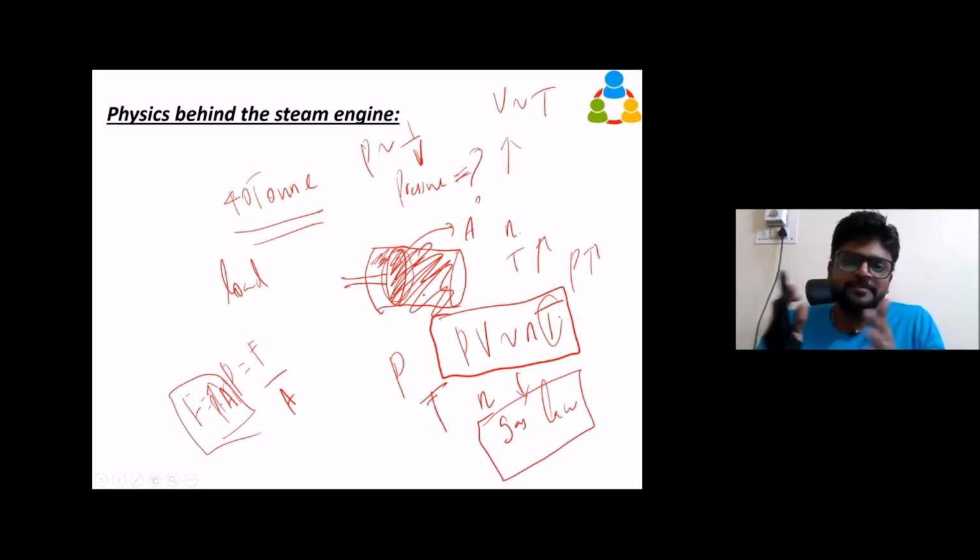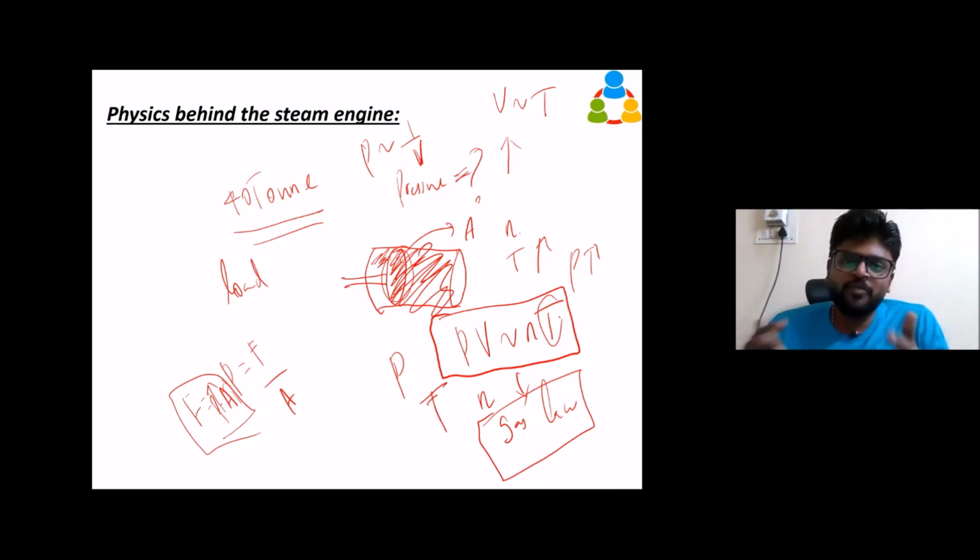So to increase the pulling force of your steam engine, there are three factors. One is high temperature, which increases the number of steam molecules. Next is the high volume of the cylinder, like more piston head, piston diameter should be bigger, so that the volume, that we call CC in your bike. The more CC, the more powerful, right? CC is in centimeter cube, that is volumetric. So it is called volume, and the unit of volume is centimeter cube.